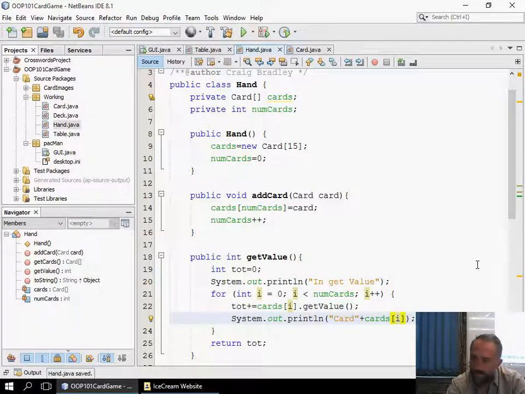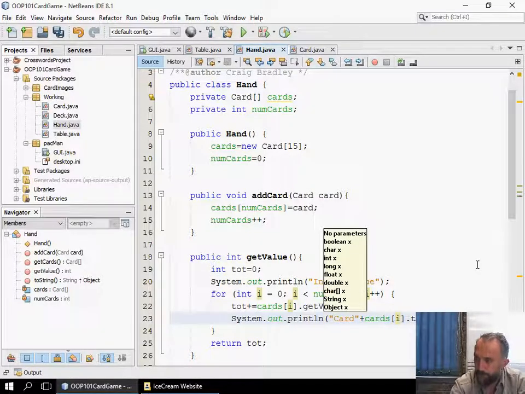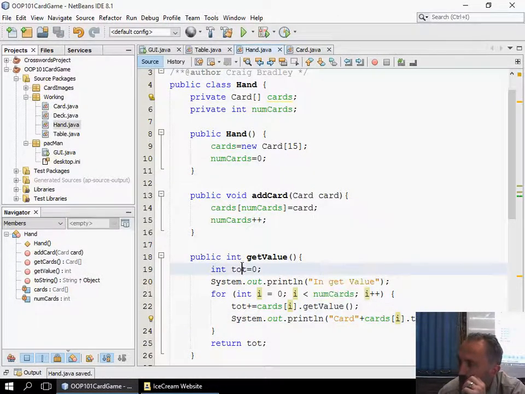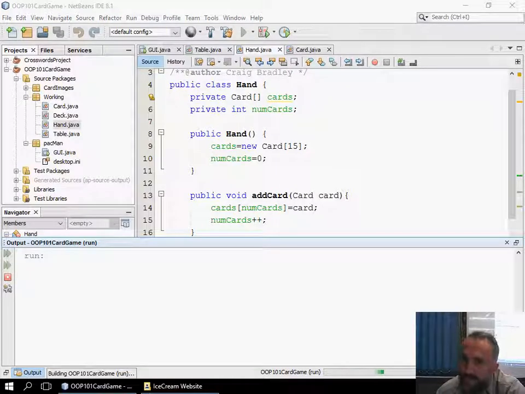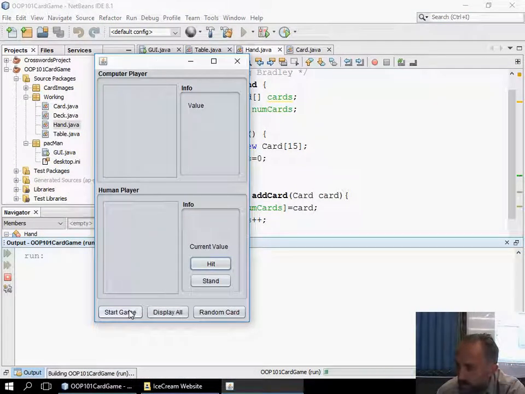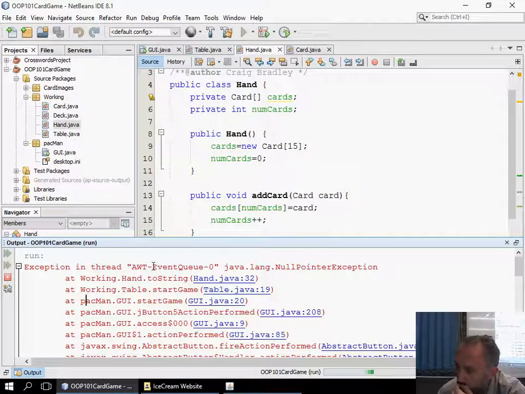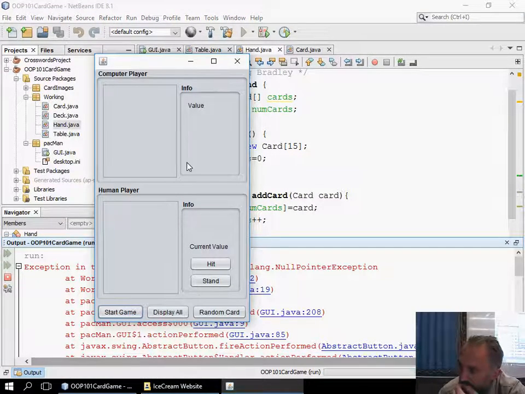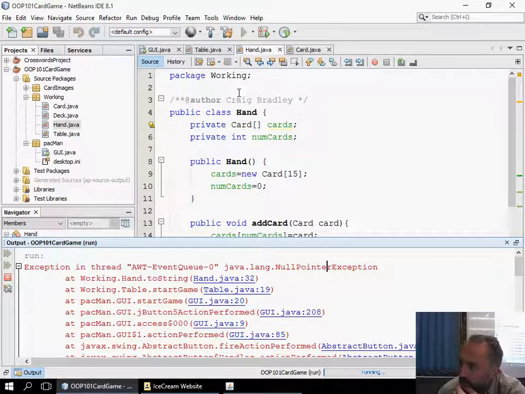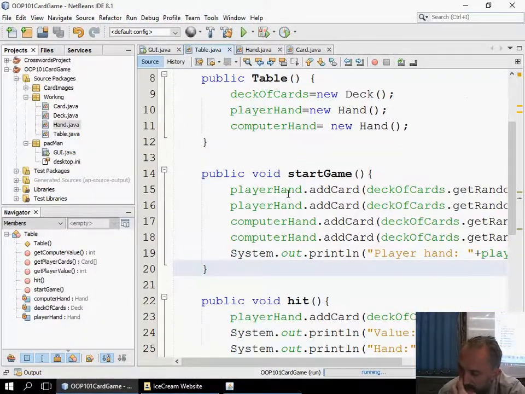Okay, so we'll work with that there. So let's see what happens here. We press play, we try it again, and we then will go start game. Okay, so here it is. Now the exception has been thrown before it's even initialized the actual cards. So you see it doesn't even run over here under my table. It says, sorry,